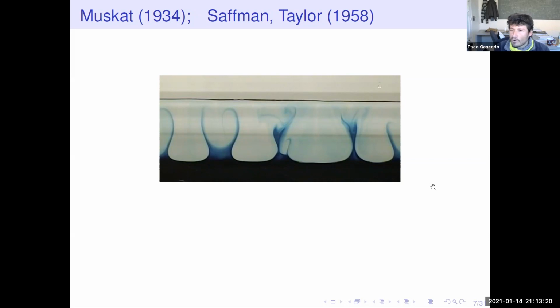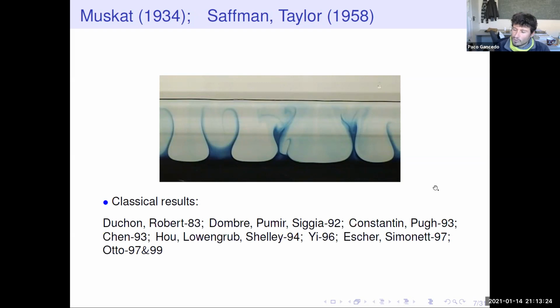Okay, so I'm going to try to give credit to people and then show you the results. There are a lot. I'm going to show you in a while with a quick view. I don't have time if I go into many details, so I'm sorry about that, because I want to show you some trick about the result I already told you. But let me start with some classical results.